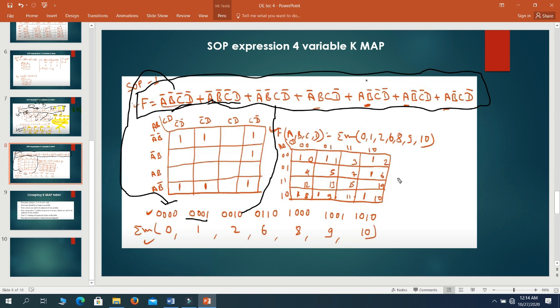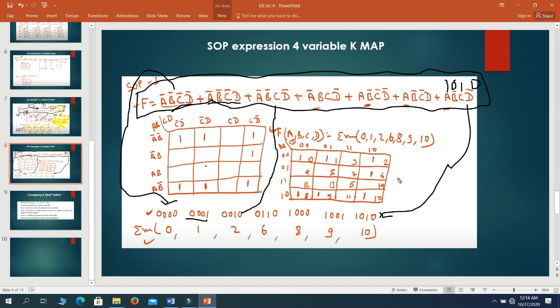So once we have figured out all these values, as you can see, the last term of the function is A B bar C D bar. So here we have A, as we have B bar it will be represented with a 0. Then we have C only, so 1, and D bar is 0 again. So 1 0 1 0. This is what we have written here.